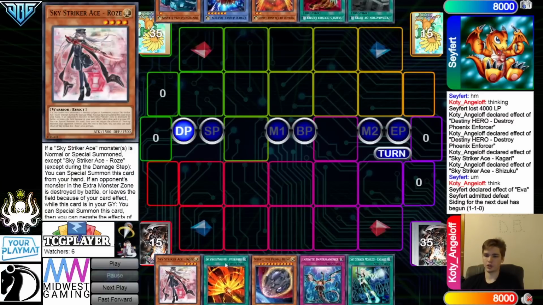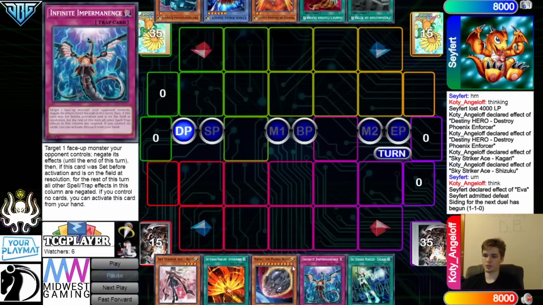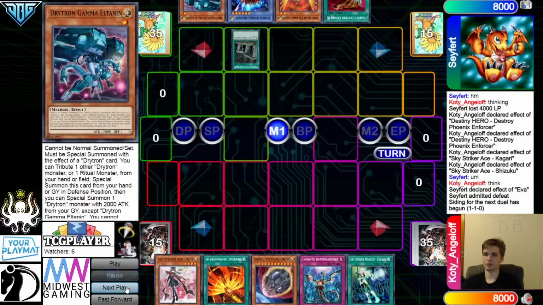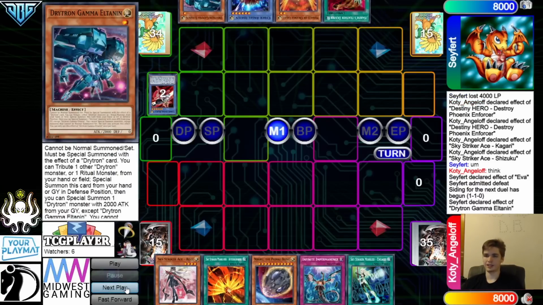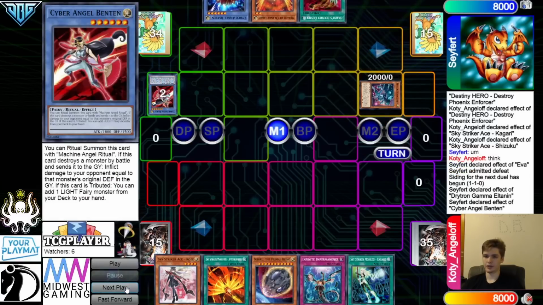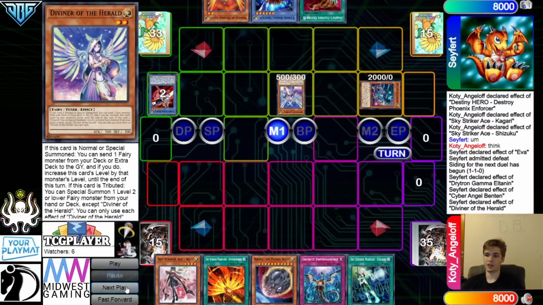Opening hands, we have Rose, Afterburners, Nib, Imperm, and Engage. So multiple hand traps going second. And then they have Prep, Harpies, Orange Light, Idaten, Gamma. Activate the Prep, search Idaten. And then they're going to activate Gamma, Tribute to Ben 10, Special Summon, and then Ben 10 effect to go search, Ben 10 go search at Diviner, and then normal summon Diviner effect, they're letting this go through,